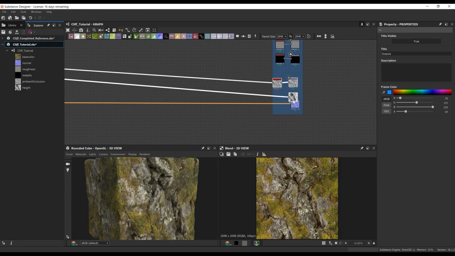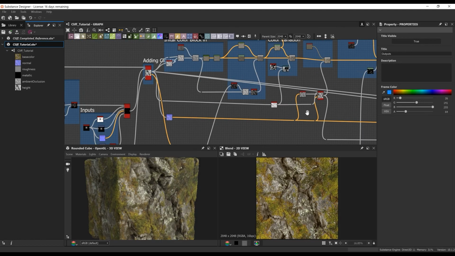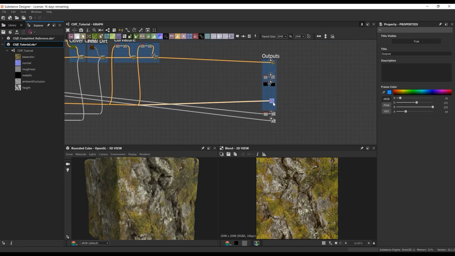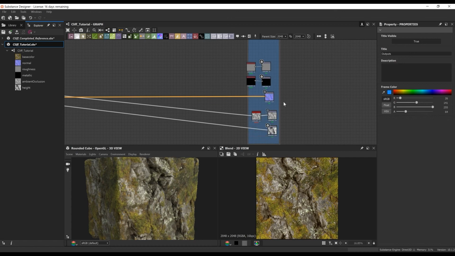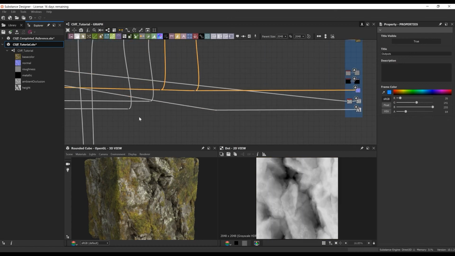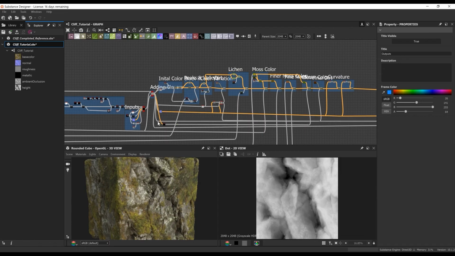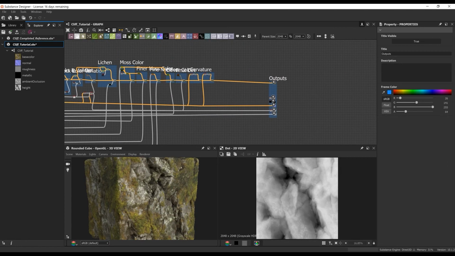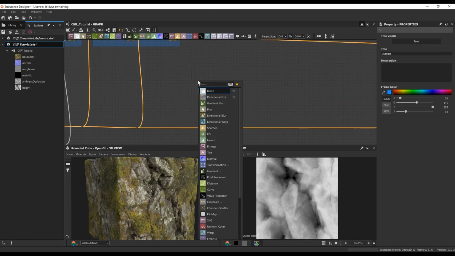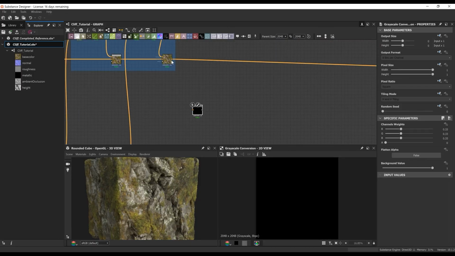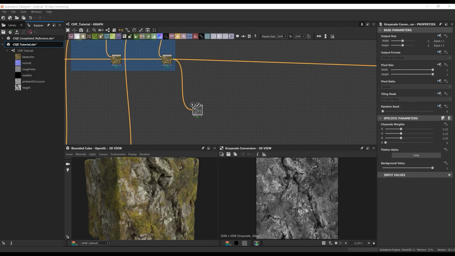Here I'm just moving some stuff around because I know I'm going to start working on the roughness. I just want to keep stuff nice and organized. This is what I talked about, those spaghetti strands going across a bunch of different nodes. It's an eyesore for me, and a little hard to see. So I just want to move those.